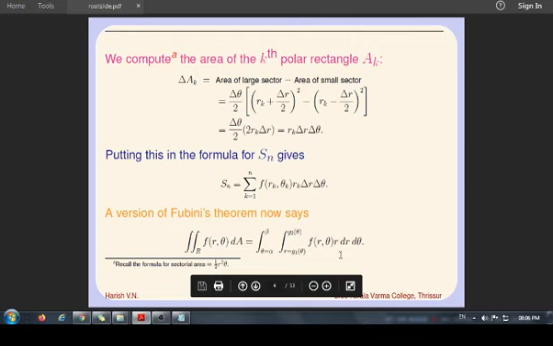Then this object is going to be a function of that theta which is fixed. Now you integrate that function of theta with respect to theta between the limits alpha to beta. So this is going to be the value of the double integral of f of r comma theta over the polar region R.